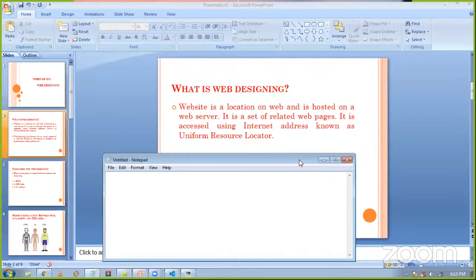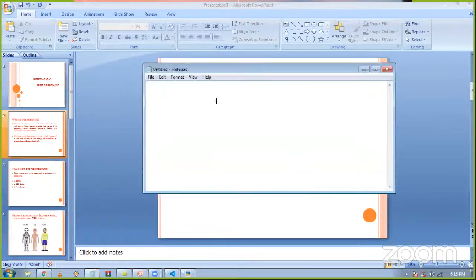There will be 3 categories of websites we are creating in our market. The first is small level industry, the second is middle level industry, and the third is